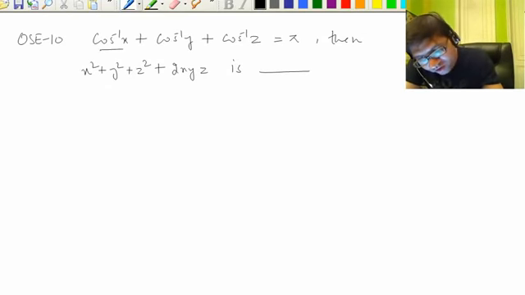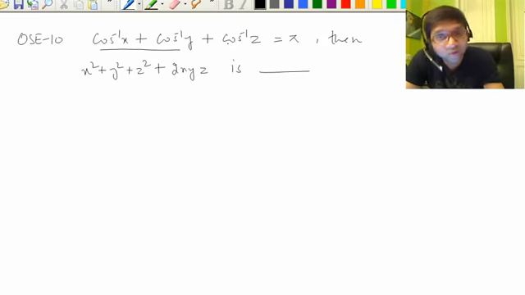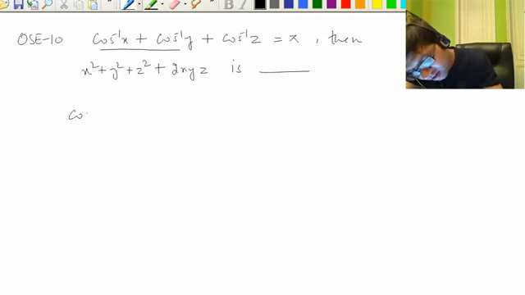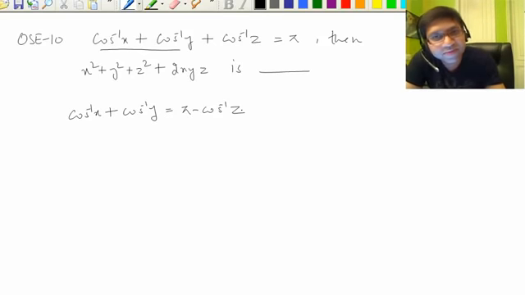never do this, that you apply cos inverse a plus cos inverse b formula here, and then the sum of the two, again you apply cos inverse formula with this. Never do that. Never try to do everything on one side. You will get stuck. Cos inverse x plus cos inverse y on one side, and other side you have pi minus cos inverse z. Right? Shift cos inverse z to other side.